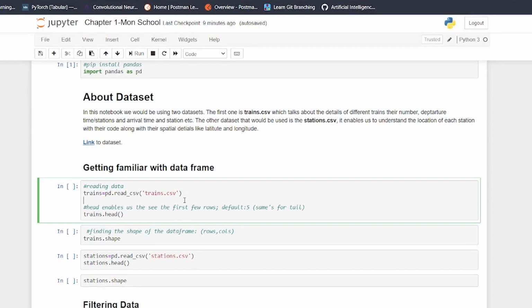So now let's read the file, right? So here we would be reading the file. pd.read_csv trains.csv is reading this file, right? It reads the CSV file, and then it converts it and showcases it to us in the form of a data frame. And how do we view that data frame? We view that data frame using head. So head is a method which helps us to view that data frame. So if you just run it,